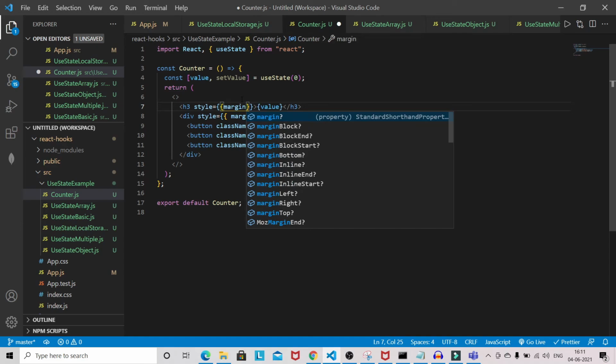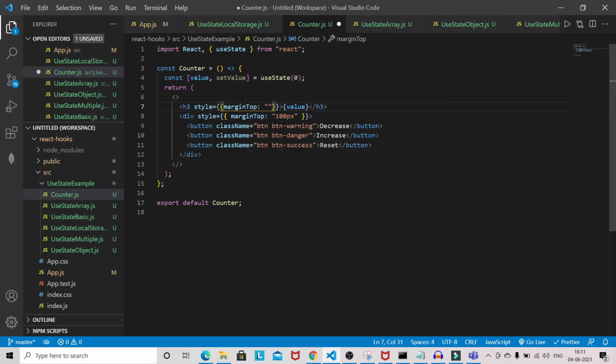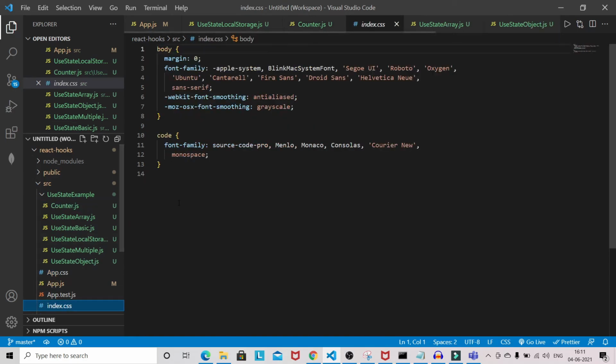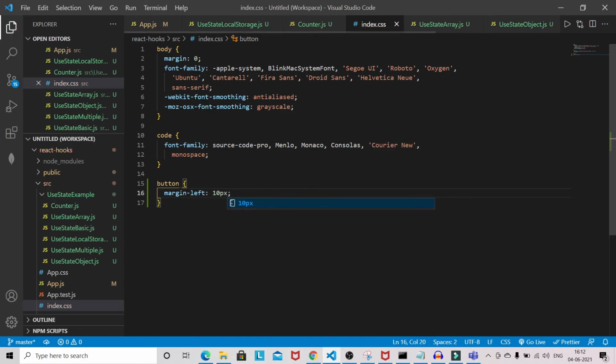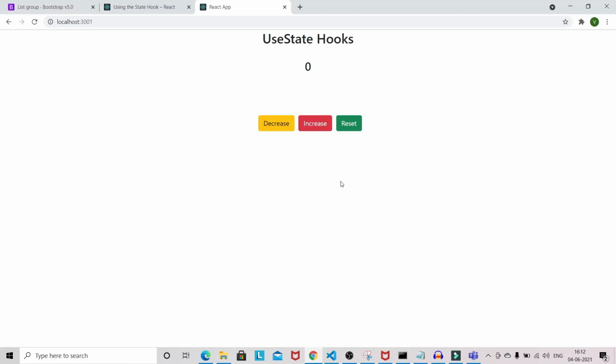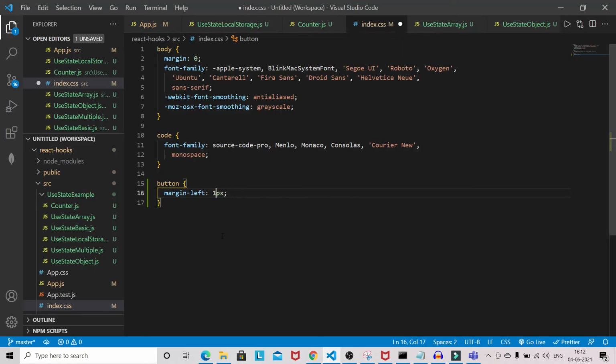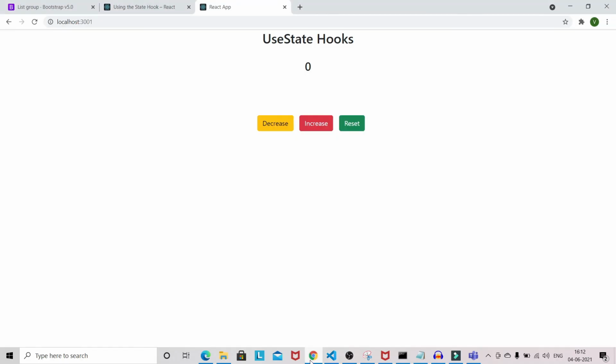I'm just avoiding styling in the CSS file, that's why I'm giving all the styling inline. Now we need to give some space between these buttons. You can do one way: come here to index.css and give margin left 10 pixel. So it will give some space between these. You can also increase the space if you want.